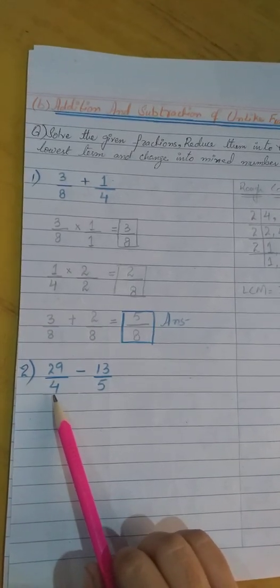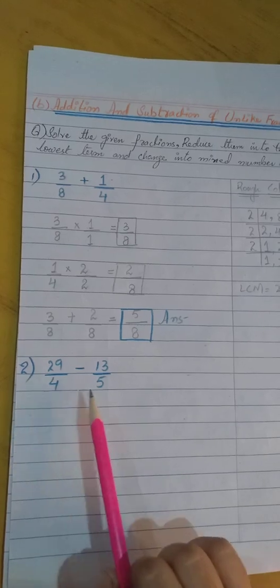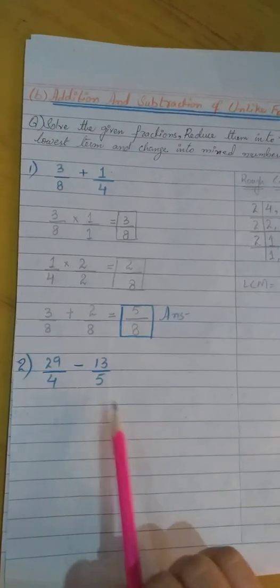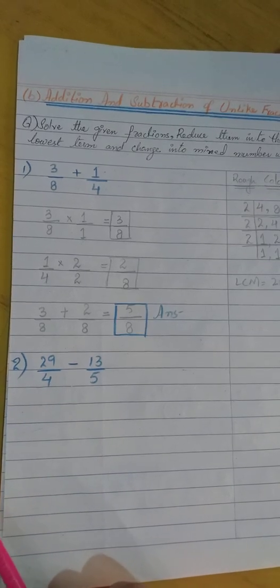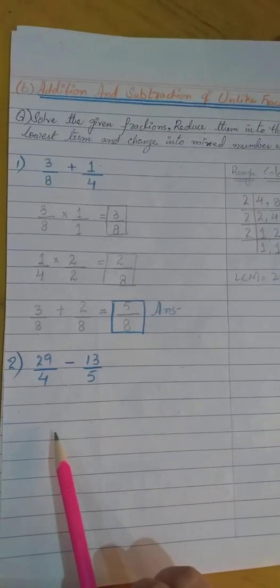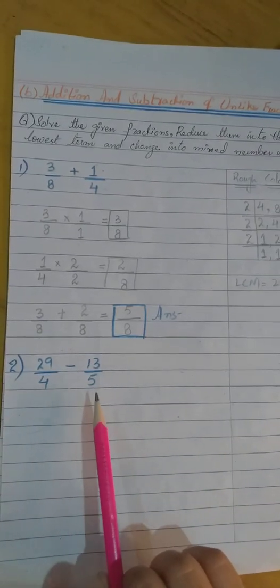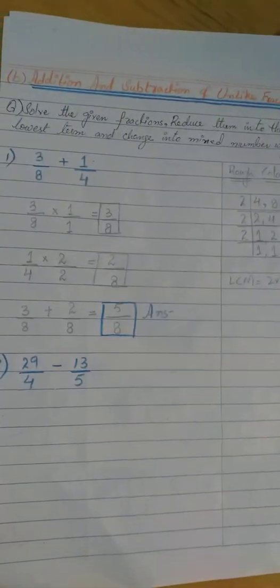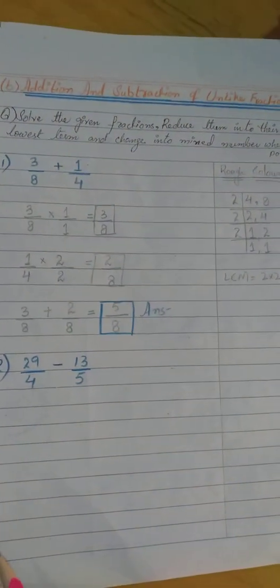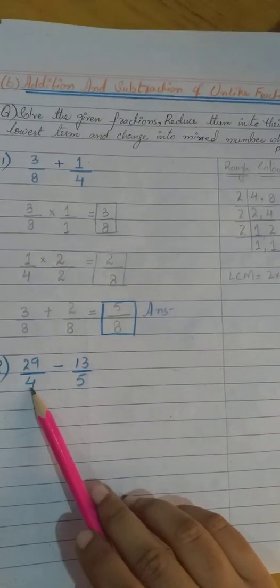Okay, again you can see in these two fractions, you have been given unlike denominators, the different denominators, that is 4 and 5, which means these fractions are not like fractions. These fractions are unlike fractions, and we cannot subtract these fractions until we make their denominators equal. And to make the denominators equal, again just like in example number 1, we will take the LCM of both the denominators, that is 4 and 5.